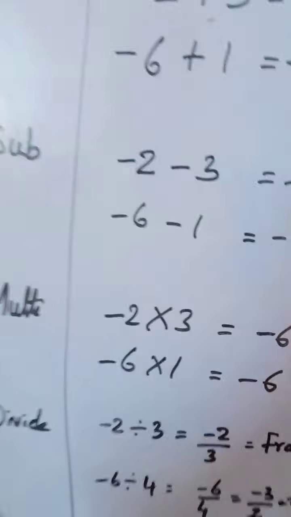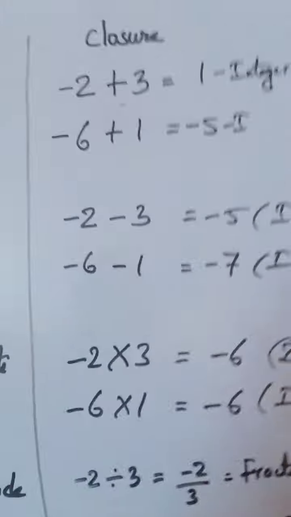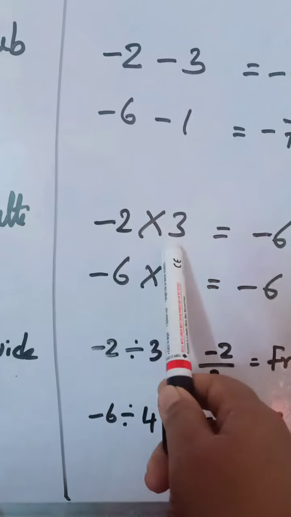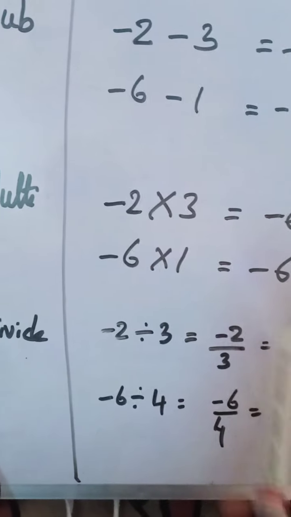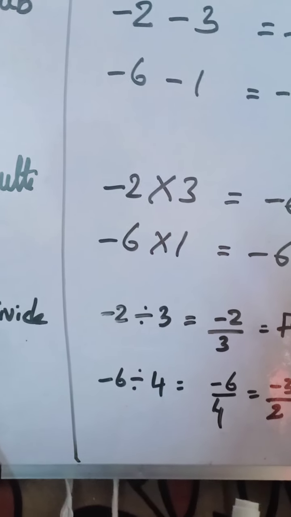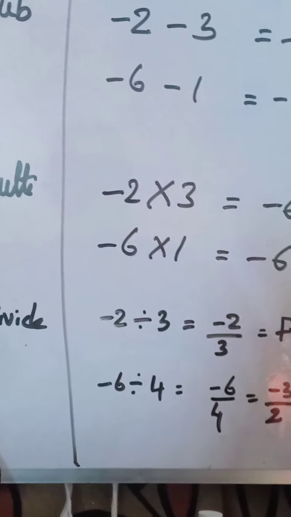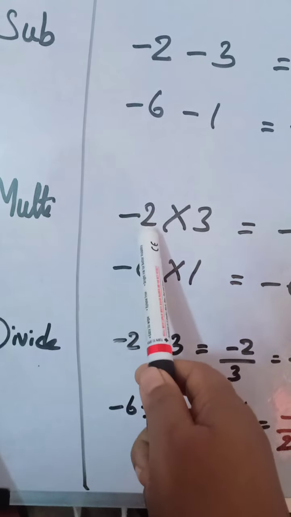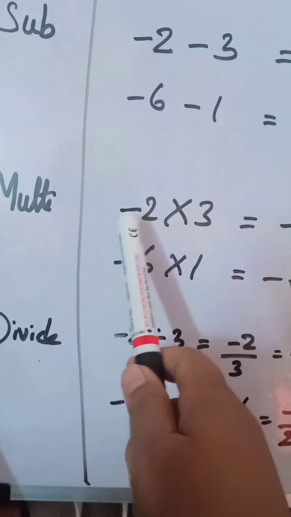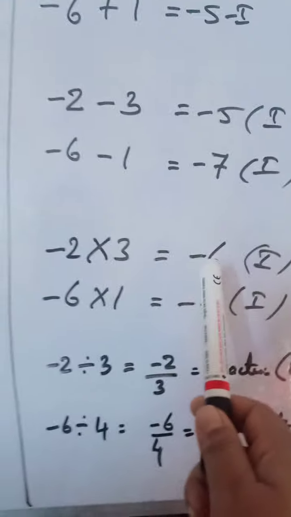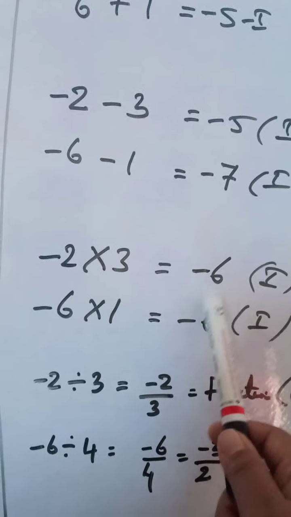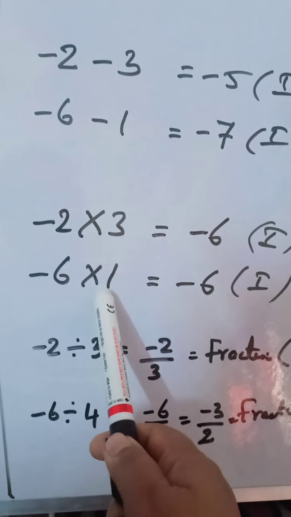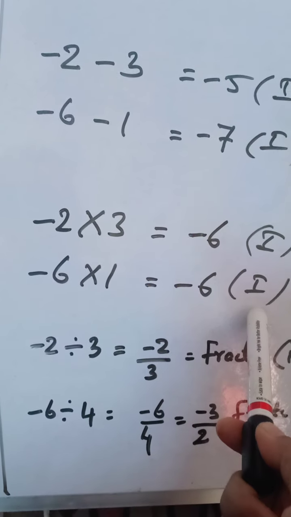And coming to multiplication, you have again two numbers, minus 2 and 3, one negative and one positive. You can take any two positive numbers also, it's your wish. But because in integers we have negative, positive and 0, I have taken one negative and one positive number. Here the negative number is minus 2 and the positive is 3. So I have multiplied minus 2 into 3, which is equal to minus 6. Minus 6 is again a negative number, so it comes under integers. Here minus 6 into 1 is also minus 6, and it is also an integer.